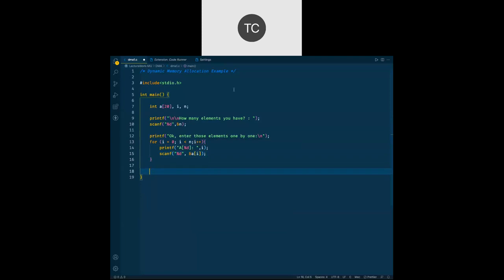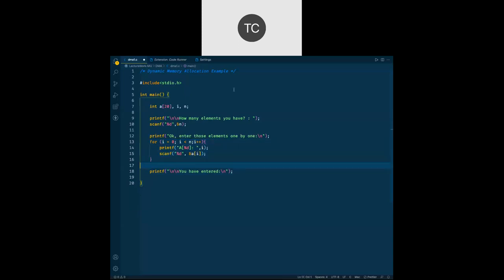And after that, let's say if we just want to make aware what elements the user has given, then again we can go for printing those elements. You have entered, and then again a for loop.